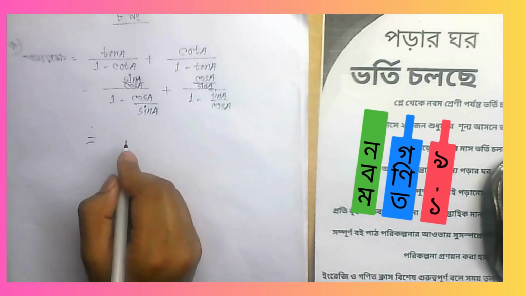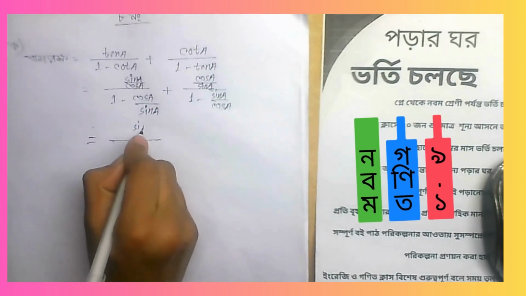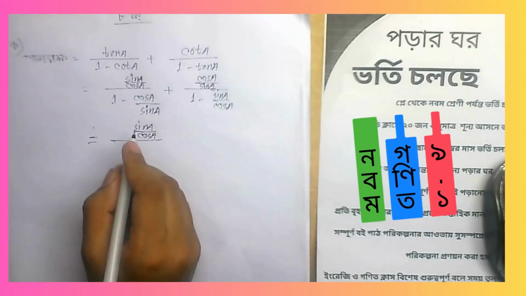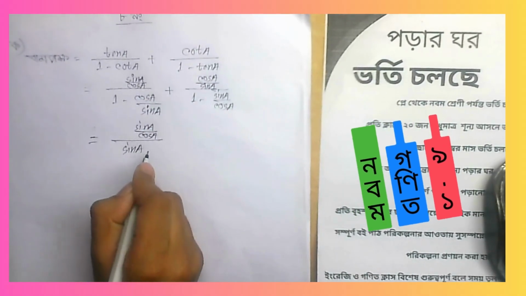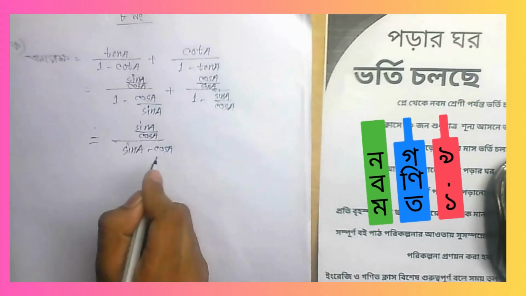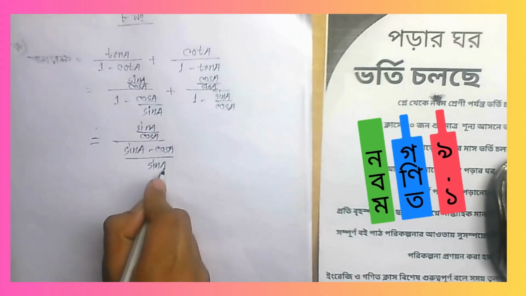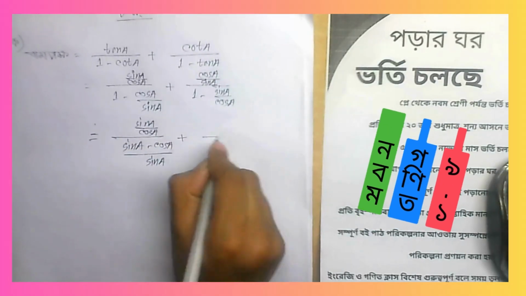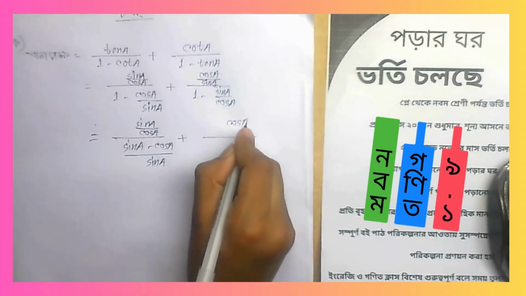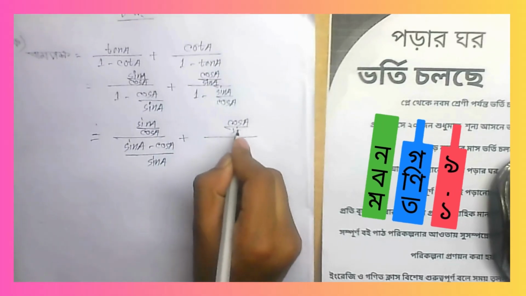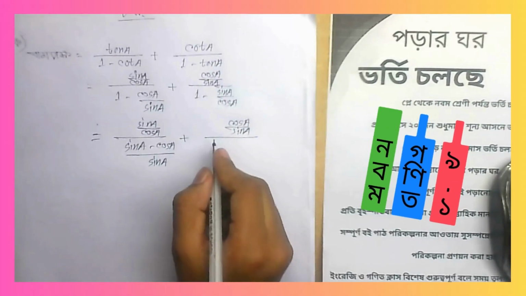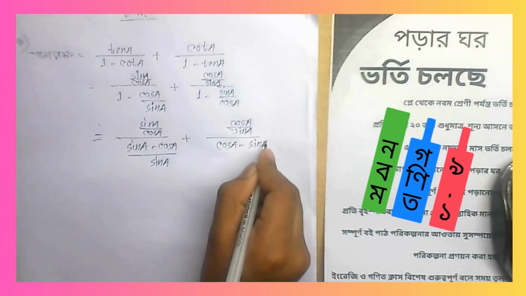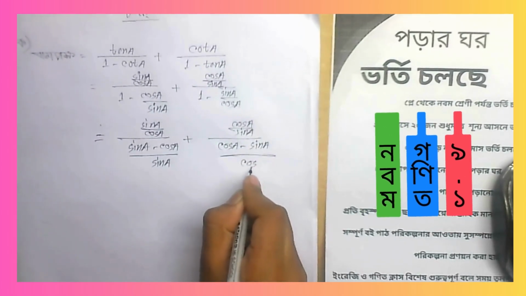equal to আমরা নেব sin a যা আছে তাই লিখব cos a, এখানে হবে sin a by cos a minus sin a by sin a, plus cos a by sin a, হবে cos a minus sin a by cos a।